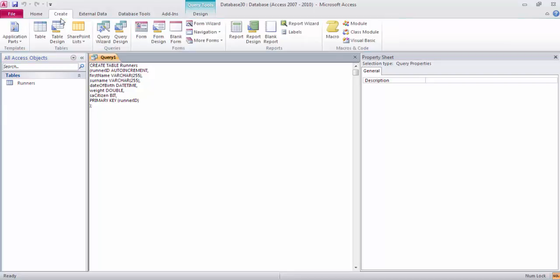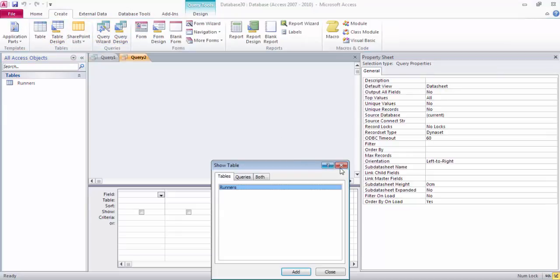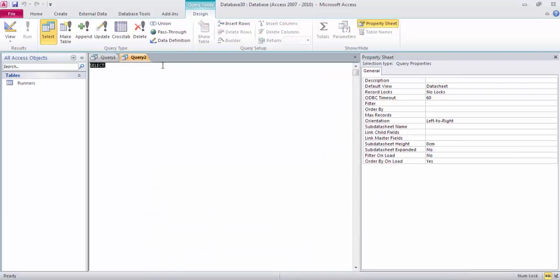So make a new query. So create query design and go into the SQL view. And let's make the second table. So we're going to create a table. We're going to call it race results. So the first field is going to be race result ID, which will be auto increment. And then I'm going to have runner ID,